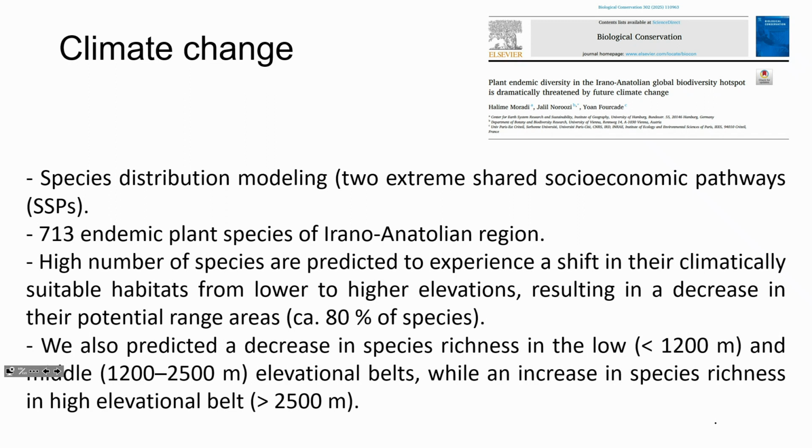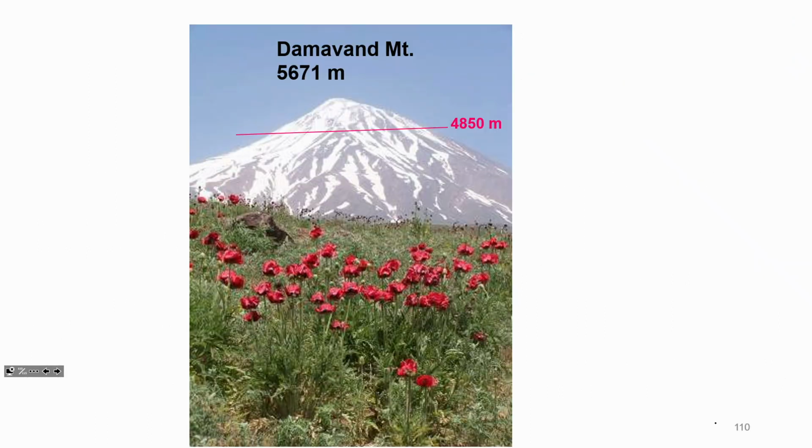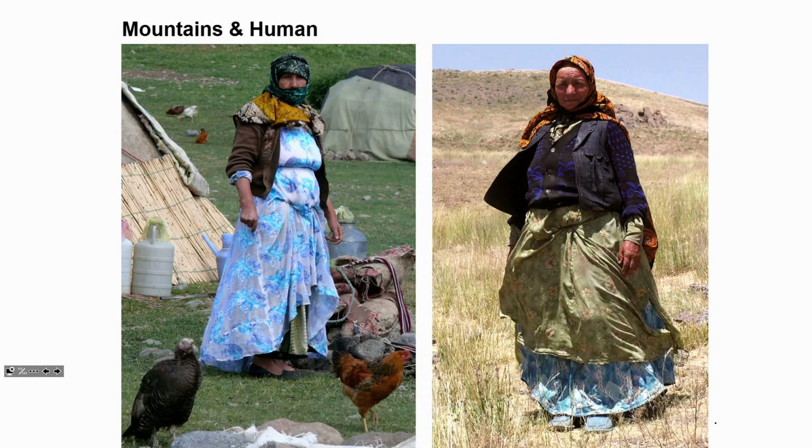There are other factors which have an impact, but based on this modeling, we found that yes, alpine species will lose most of their habitats, and the major reason, just compare it with the Alps. It's very different, because in the Alps we still have a lot of alpine nival habitats, which species in the future can move to, higher elevations. But in this area, the only